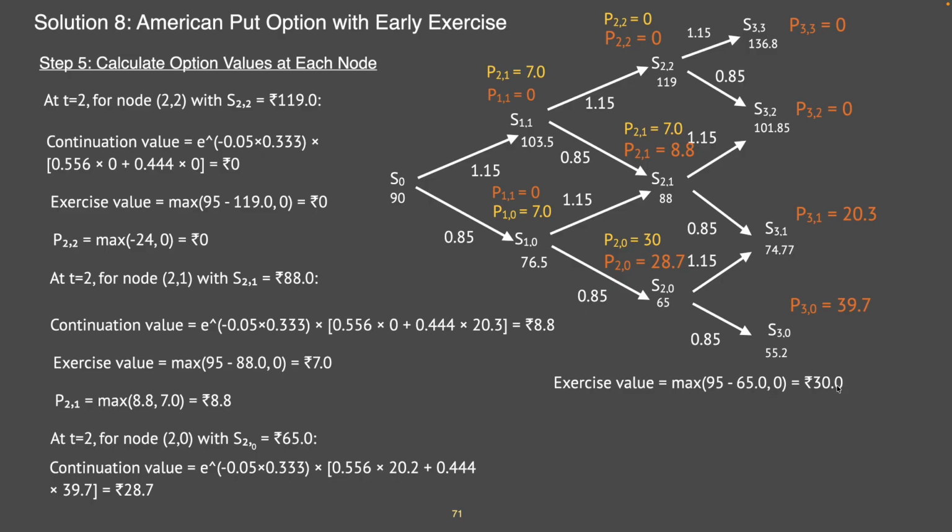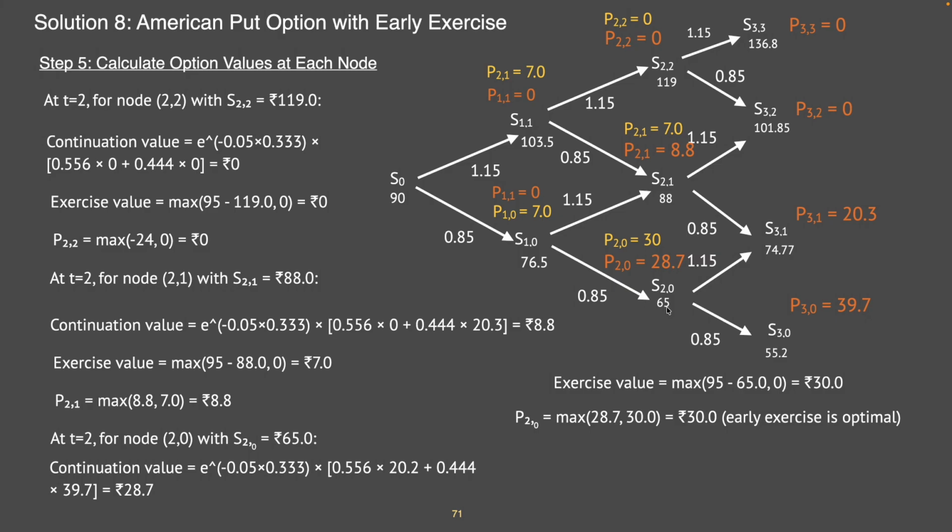So the exercise value will be equal to 30. So P20 is 30 as of now. So at this node S20, since the continuation value is less than the early exercise value of 30, it makes sense to exercise the option early in case the stock price becomes 65 at any point of time during